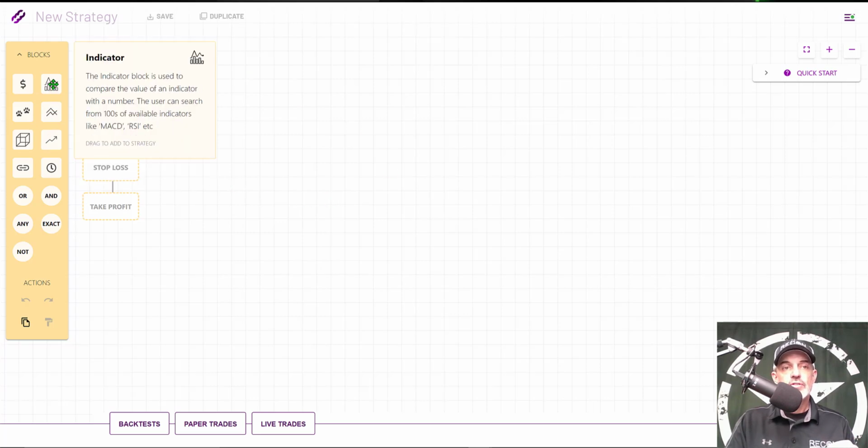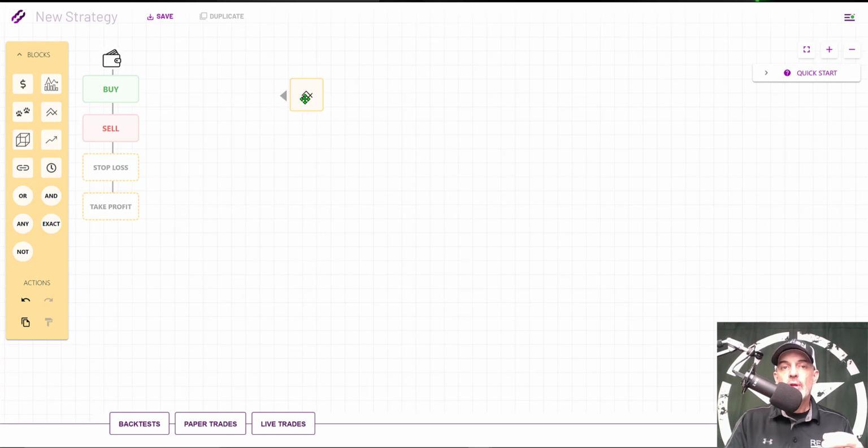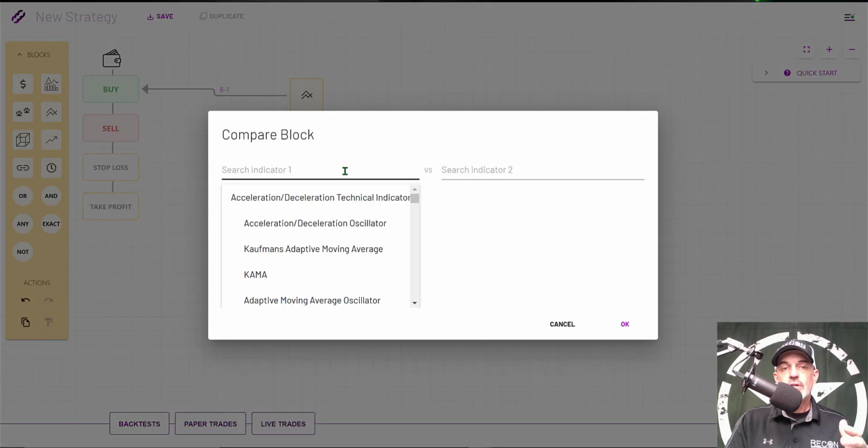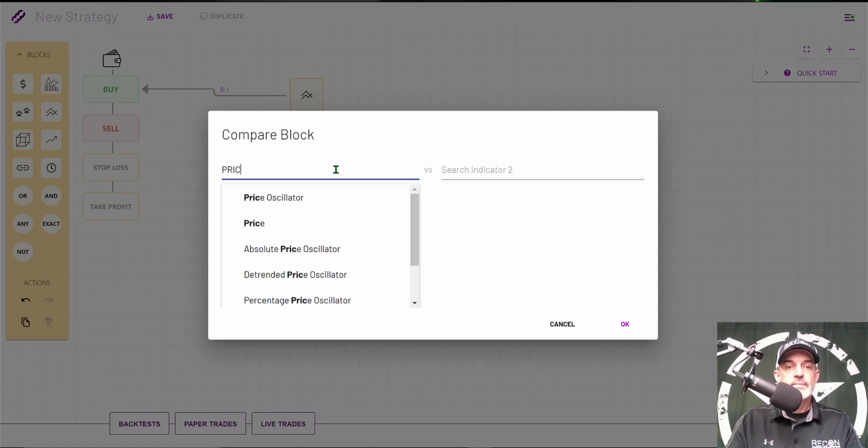In this case, I have choices like an indicator block where you could just have it looking at your MACD or RSI. And then you have a compare block, which will actually compare two indicators. In this case today, we'll be looking at price and Bollinger Bands. So I need one of these compare blocks, and I just click on it, drag it, and drop it into place. This will be my buy block, so I just simply click and drag the arrow and connect it to buy. Clicking on the block again, I get a little pencil, and that will allow me to configure the block itself. In this case, it's a compare block, and I want to compare price